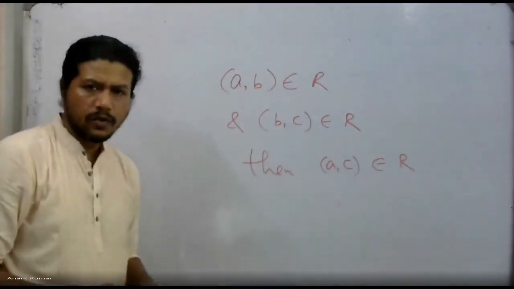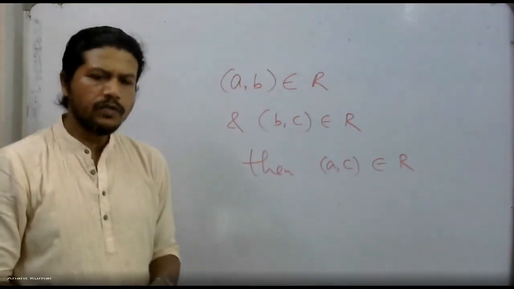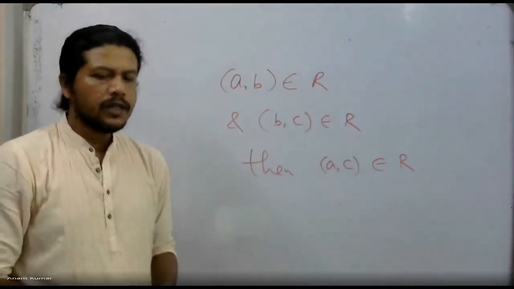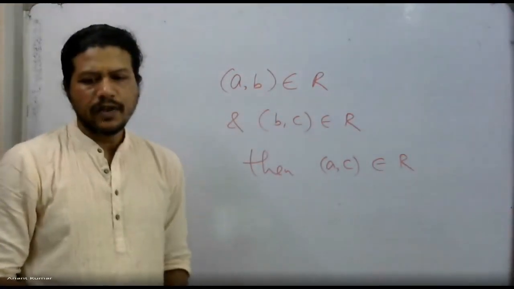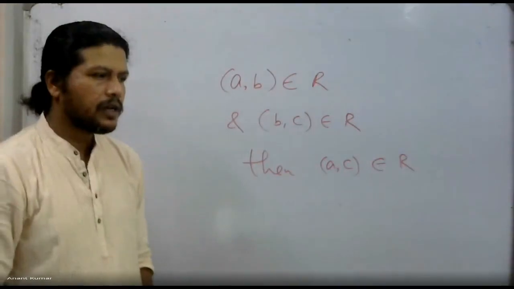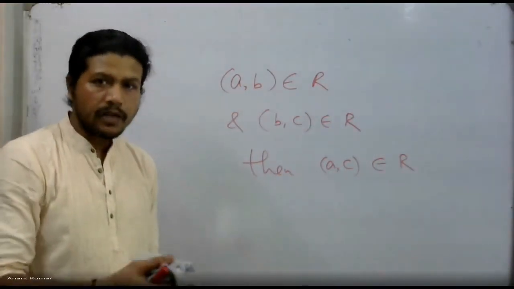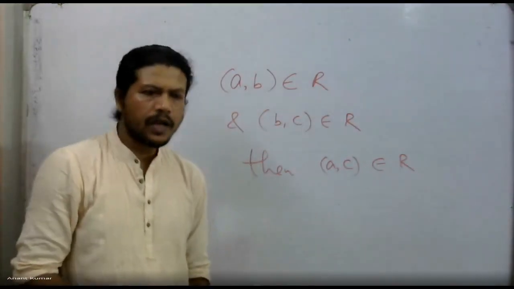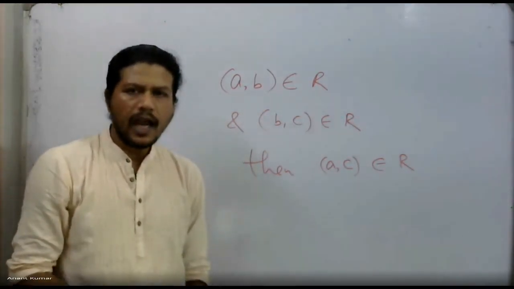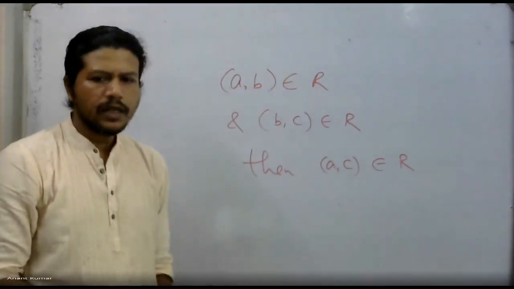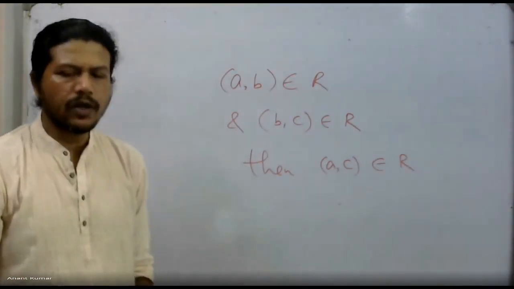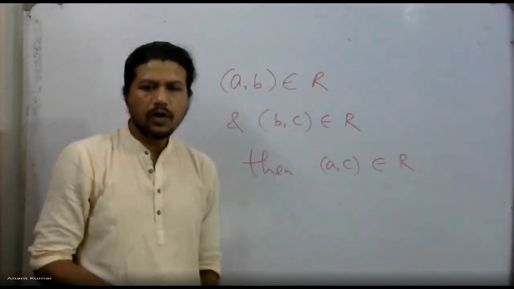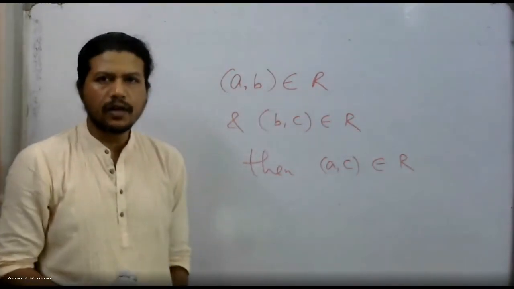Okay, that is what we know about. We know this is the meaning of transitivity. A relation is said to be transitive if it so happens that for every element in that particular set A, whenever A and B belong to the relation, which implies that A is related to B, and B is related to C, then A and C should be related as well. If that happens, then we call this relation a transitive relation. Okay.